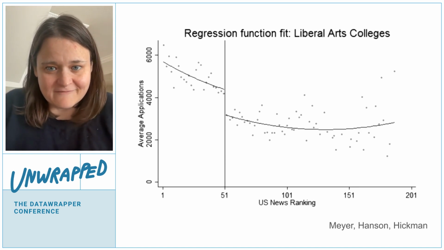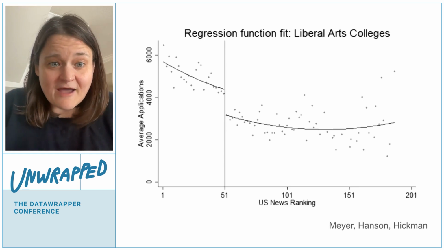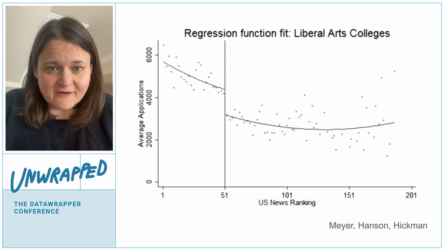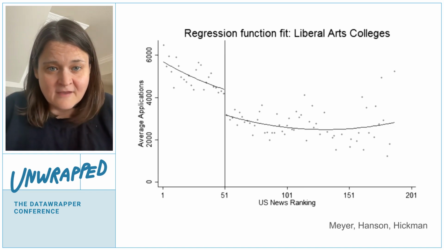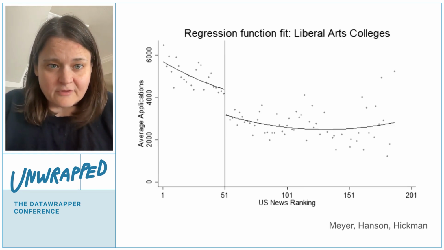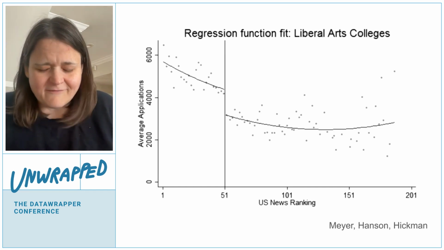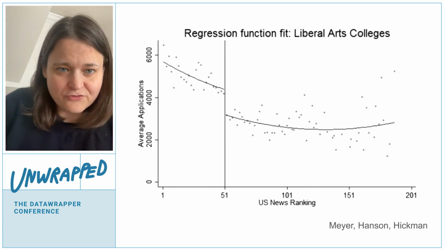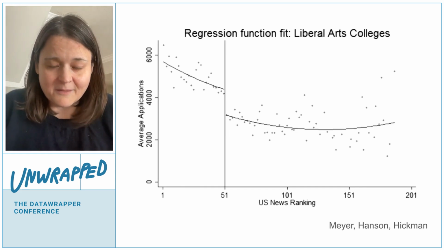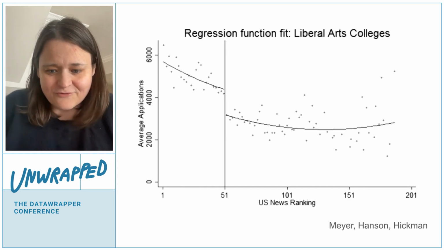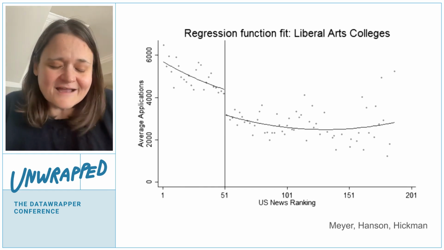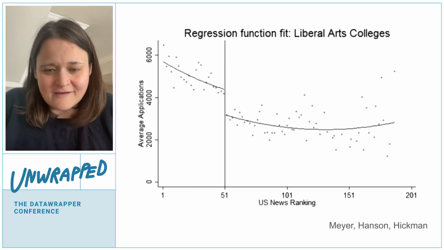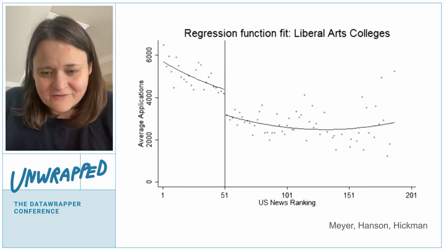This is another chart that I love. It's about how many people apply to liberal arts colleges in America, depending on how well they're ranked in one ranking. And you see that there's this big drop off after 50 schools, right? So the top ranked liberal arts school, controlling for some other stuff, gets the most applicants, and then goes down and down and lower. And there's a big drop off, and that happens to correspond to where there's a page break in the printed version of these college ranking guides. So there's actually no difference in the world between the 50th best school and the 51st best school.